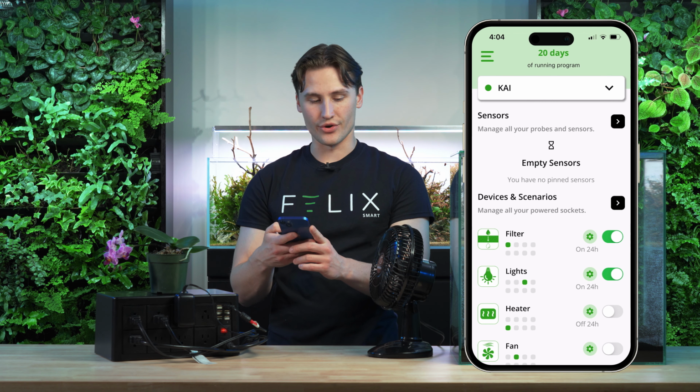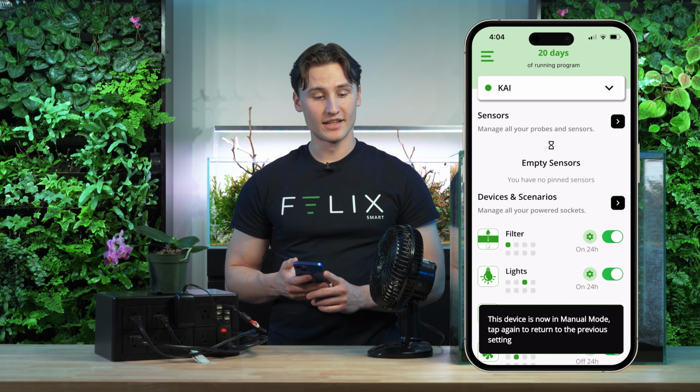And now I can actually just turn on this device. So you can see there it's going. We got some nice orchids blowing in the wind. Next, plug in your probes and sensors to your system, and these will automatically show up in your app and start displaying environmental parameters. With Kai, automation reaches beyond simple timers and alerts.